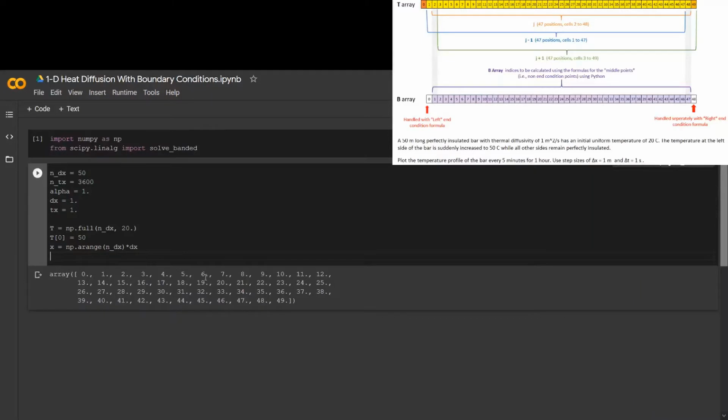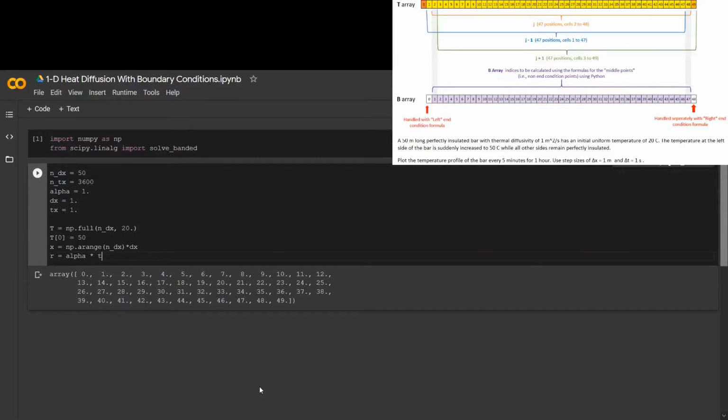And then, if I'm looking at my image again, do I have everything I need before I start moving on to my A, X, and B matrices? Well, I'm going to need to define R, because we're going to be using that in our coefficients. So R is going to be equal to alpha times our delta t,